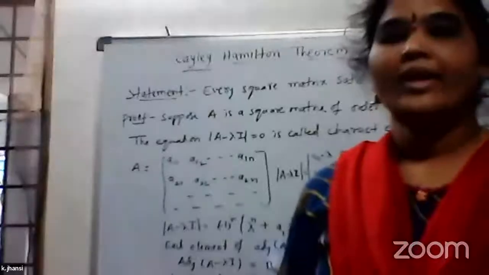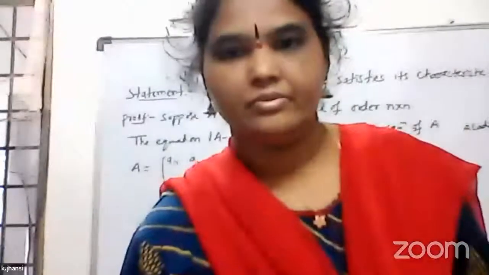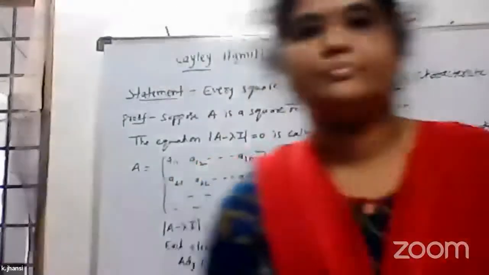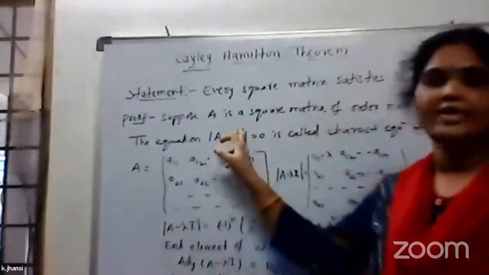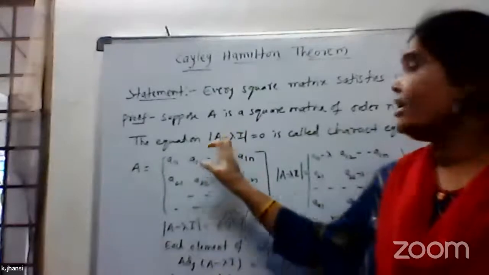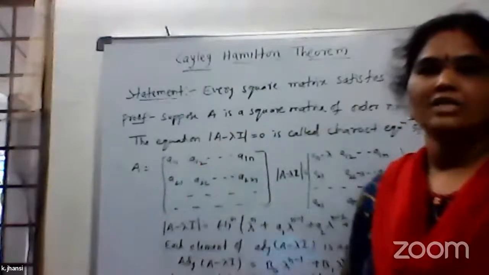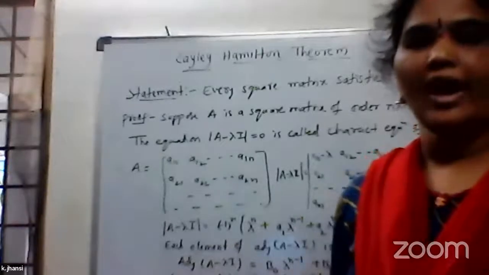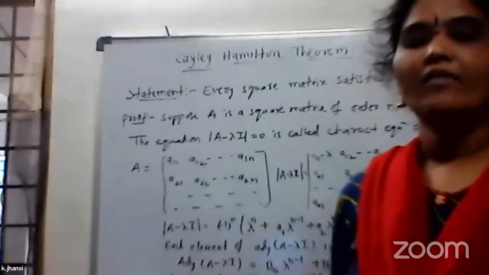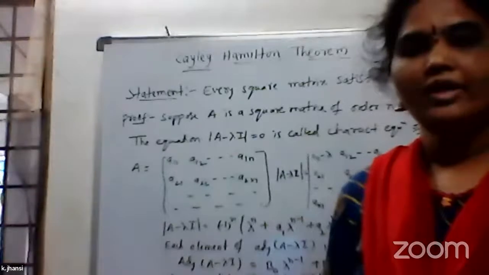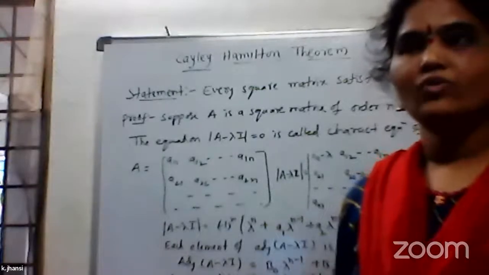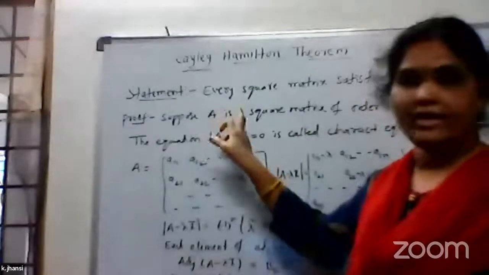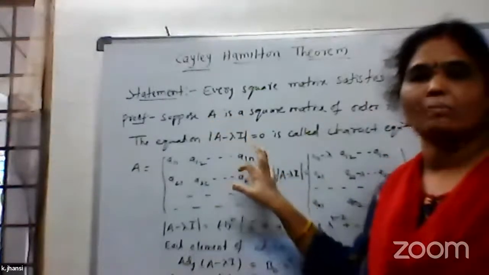You will get the Cayley-Hamilton theorem. In examination, the Cayley-Hamilton theorem is compulsory, and they will ask a 10 marks question. State and prove the Cayley-Hamilton theorem, you will get. And the verification of the Cayley-Hamilton theorem will also be asked. It is also a 10 marks question, but compulsory: you will get the statement and proof and also problems based